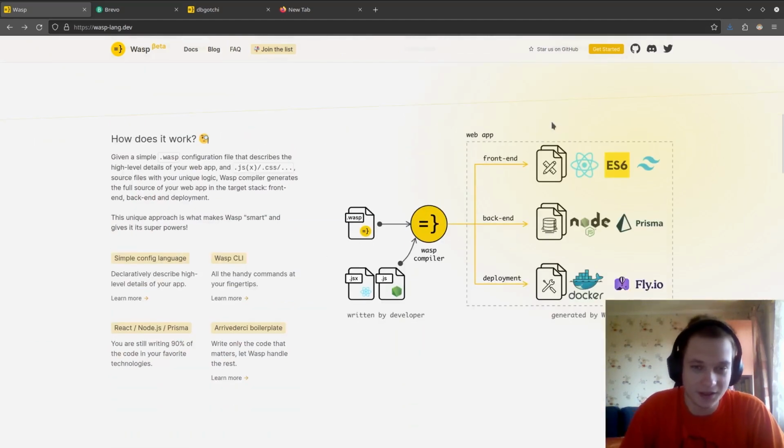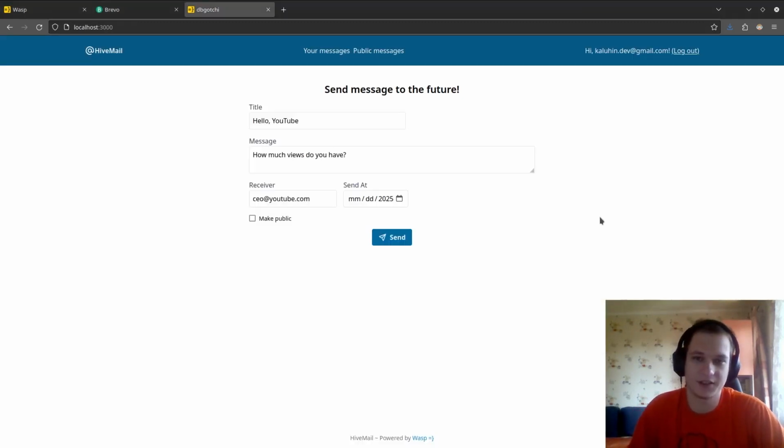So we are writing a Wasp file, and our front end in JSX React files, our backend procedures in JavaScript files for Node.js, and then the Wasp compiler compiles it into our web app as shown here, and we can even deploy it. Recently I got an email from myself 5 years ago, sent from some websites that I even